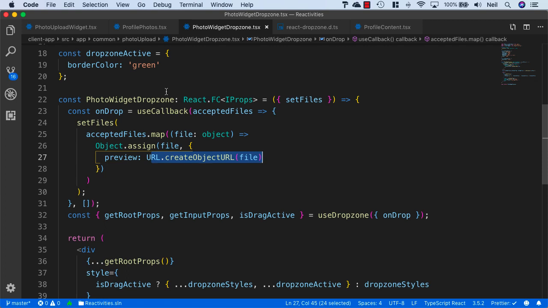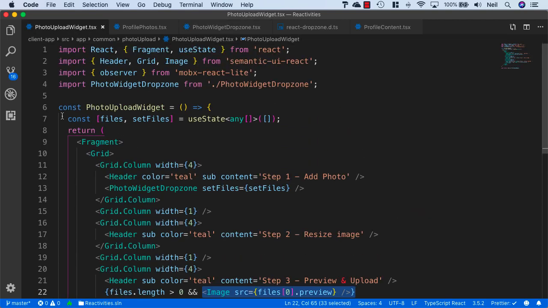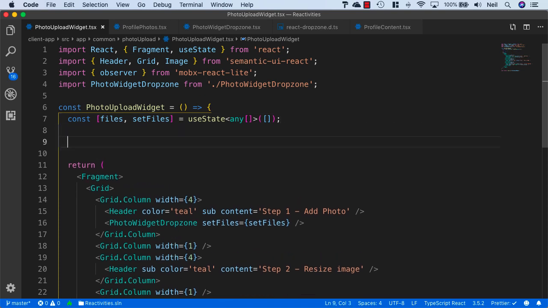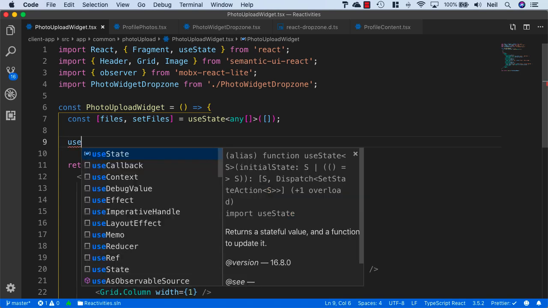So what we want to do inside our photo upload widget is we want to use an effect, and the way that we're going to use an effect in this case is to clean up after ourselves. And this is the equivalent of what we used to use in class components, which was the component will unmount. So you can add an action to take when a component's about to unmount. And what we're going to do here with this useEffect hook is very much the equivalent. So I'm just going to add useEffect,